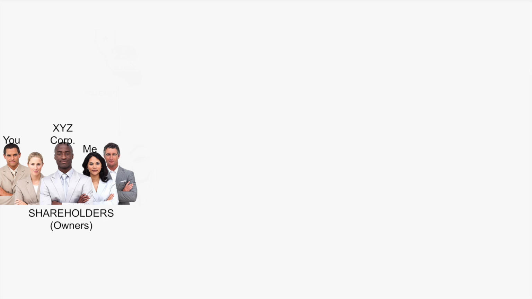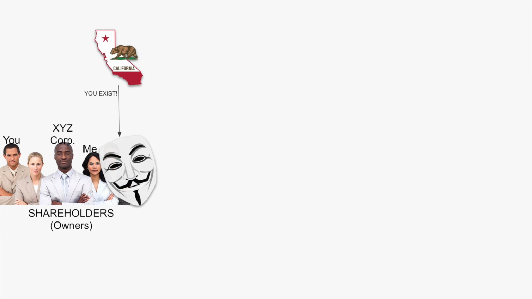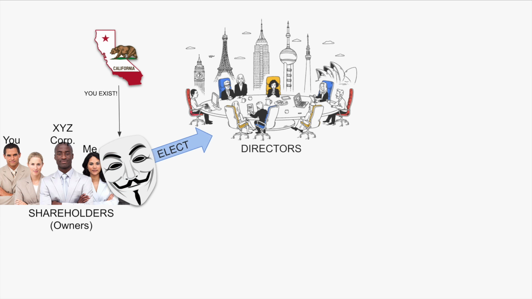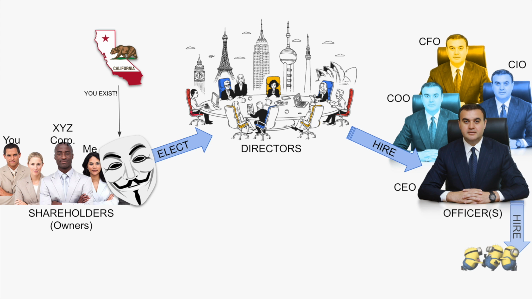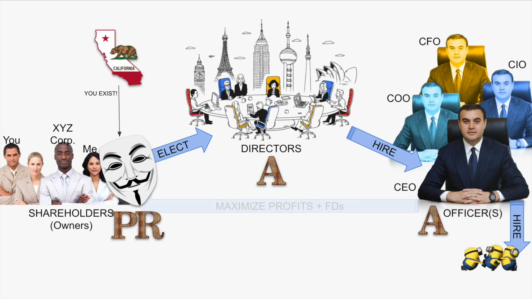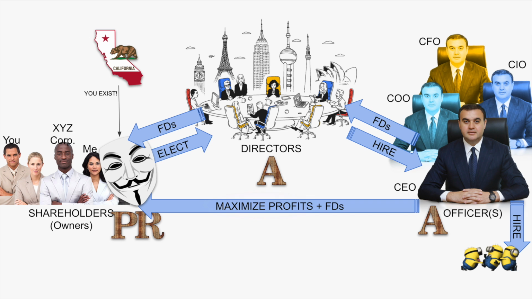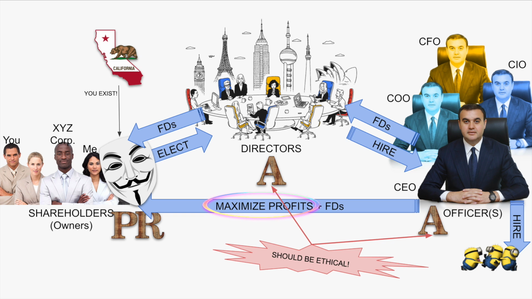One of the types of stakeholders are called shareholders. Shareholders are owners of a corporation. Owners of a corporation can be natural persons like you and me, or they can be other legal entities like other businesses. Shareholders elect a board of directors of a corporation. The board of directors have legally prescribed duties, also called fiduciary duties, owed to shareholders. Directors hire officers that manage the corporation. They also have legally prescribed duties too. This is the legal organization of the corporation, generally.